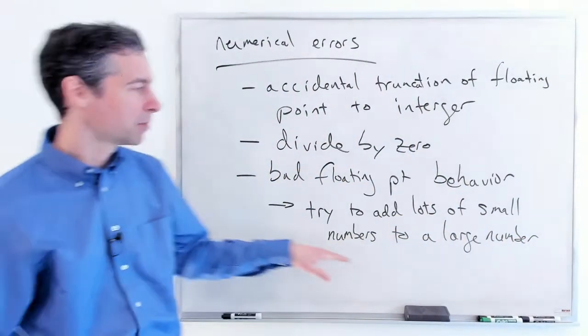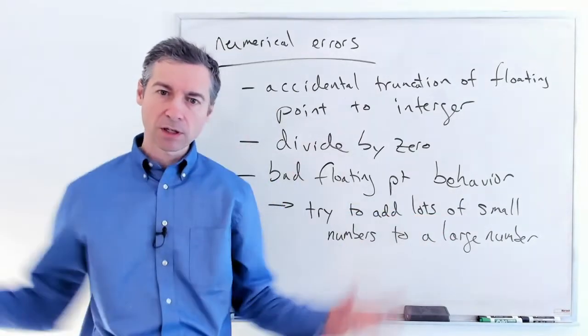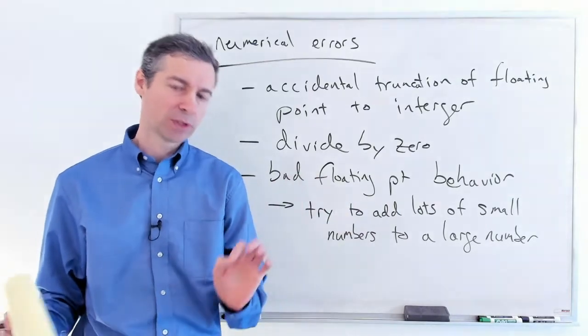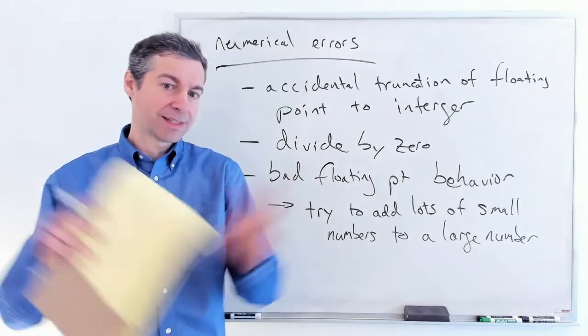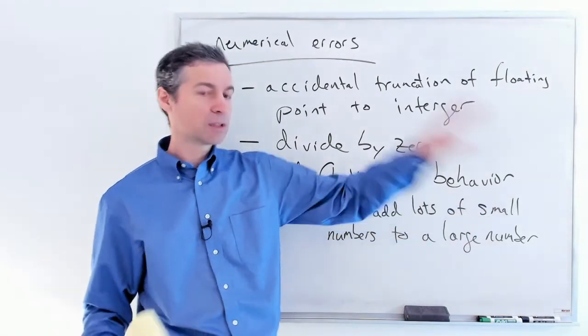So the problem is, when you have a very large floating point number and you try to add something tiny to it, that tininess disappears. So let's say you had millions of these,